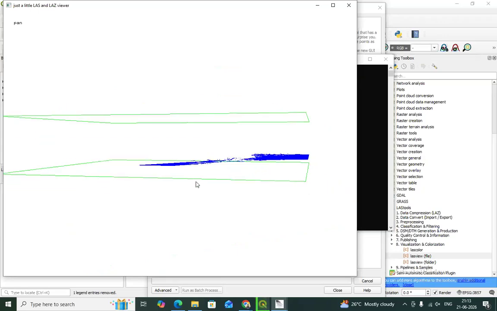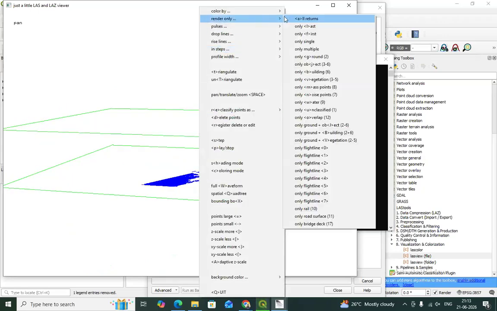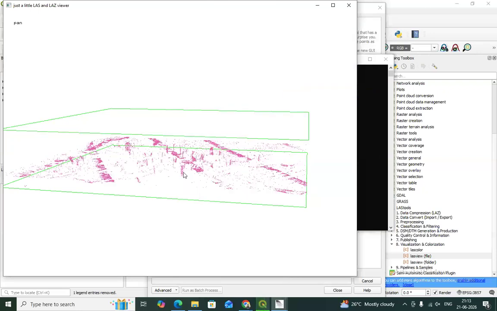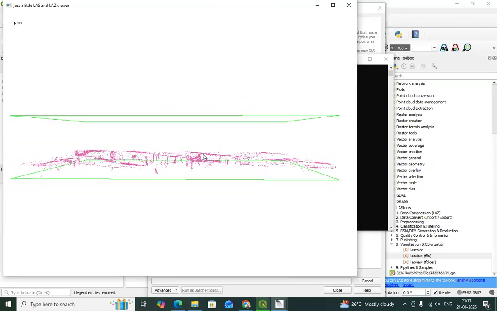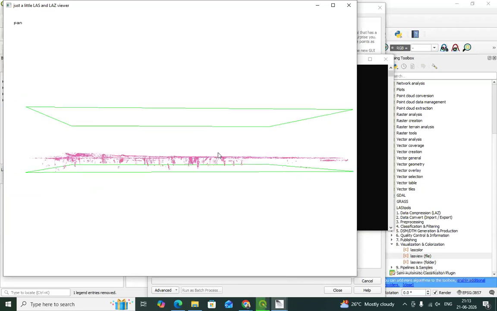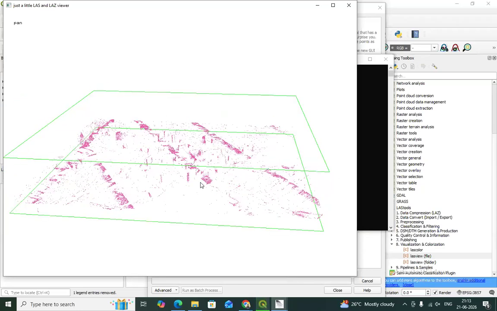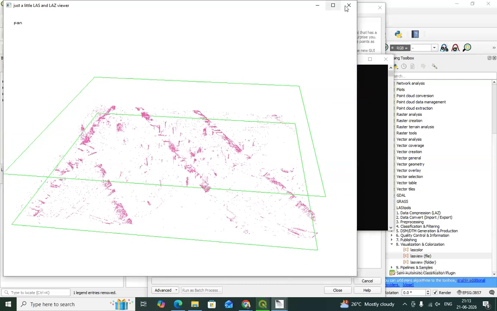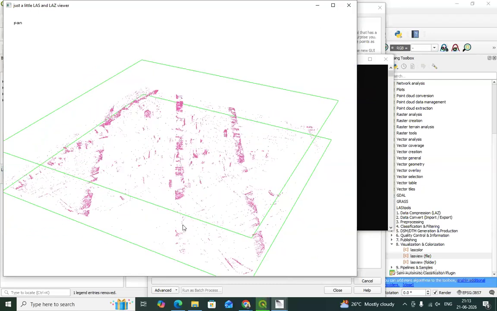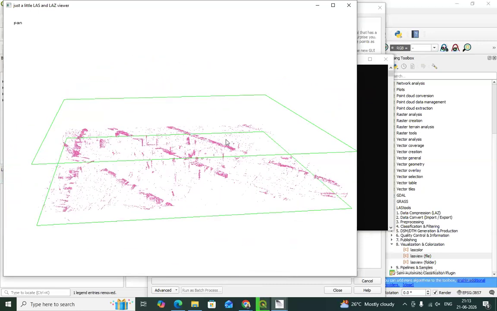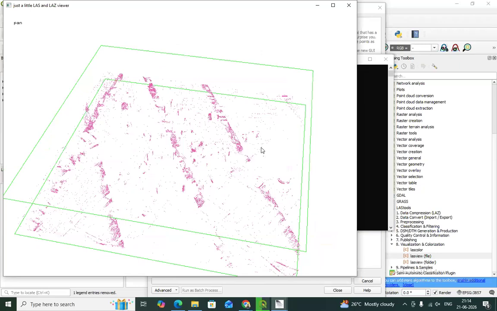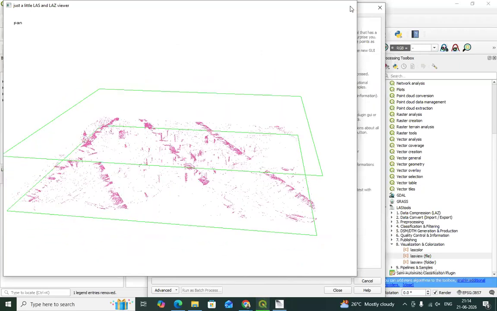Okay, sir. So that's how you can see different types of features: vegetation, mass points, noise points. Also, if you wish to see the noise points, these are the noise points. You can see some points are even below the surface, so these are noise. So this is for visualization. When you have understood the region properly, where the buildings are located, where the vegetation is located, where the water body or other surface is located, you can go for the other analysis.